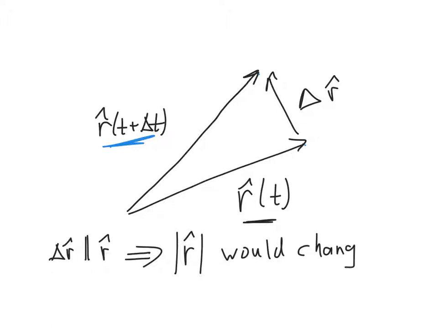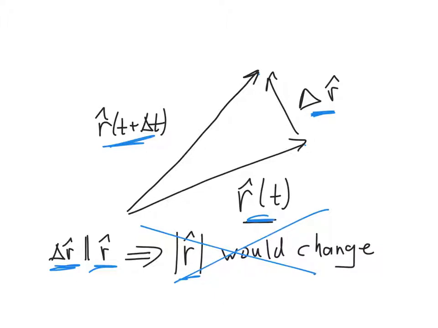So if delta r hat had any component along r hat itself, then as time marched along, the basis vector r hat's magnitude would actually change. The vector would lengthen or shorten depending on which direction delta r hat pointed. We can't have that. By definition, we can't have that because r hat, no matter what time it is, can't